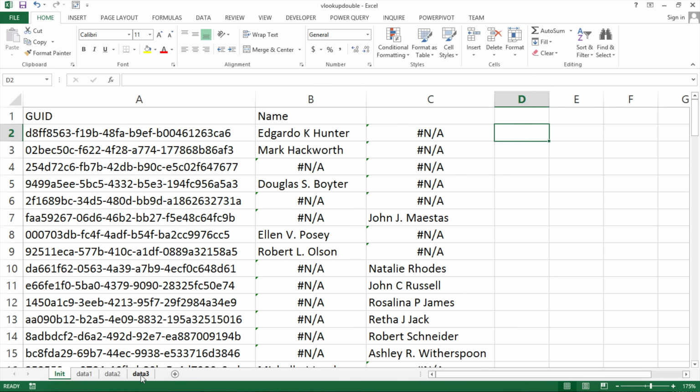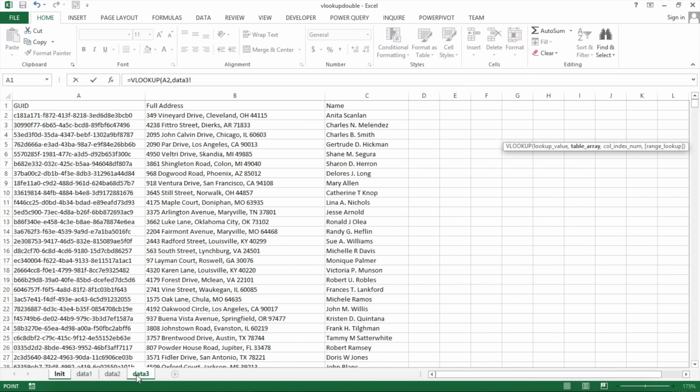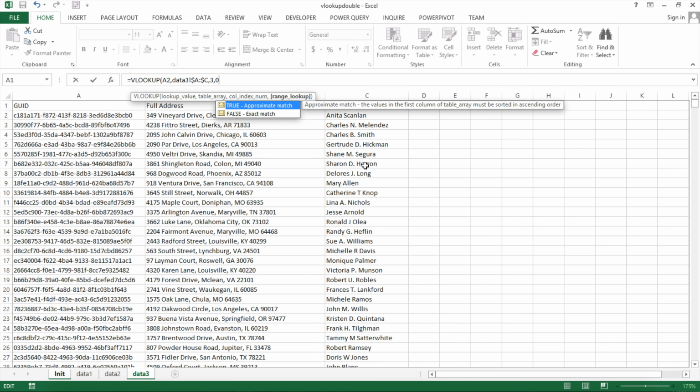I'm going to do the third VLOOKUP for data 3. So equals VLOOKUP. Again, I'm searching for that ID, comma. Now I'm searching for that from that third data tab. So I'm going to go to the data 3 tab, select my columns again, F4 to lock it, comma. Make sure you don't click around and go to your initial tab. You want to watch your formula here on the formula bar and finish it without going back to that initial tab, right? So selecting the table, it's 1, 2, 3 column, again, in that selected area, comma, and 0 is the